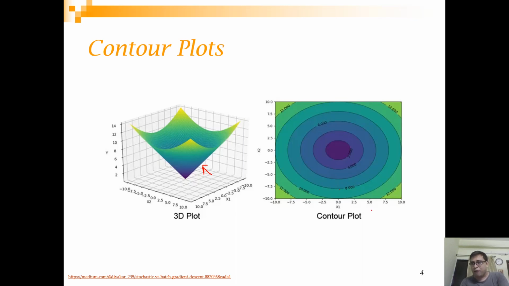And there are several points. So you have 5.40 over here and maybe something like minus 6.0, which also has a cost function of 8.0. So the combinations of x1 and x2 which give the same value of cost form the same circle. This is how you represent a contour plot with concentric circles. Now let's analyze the behavior of gradient descent, stochastic gradient descent, and batch gradient descent with respect to this contour plot.